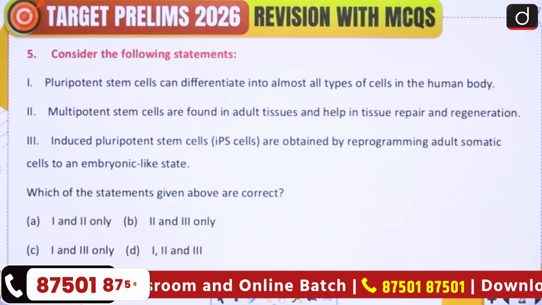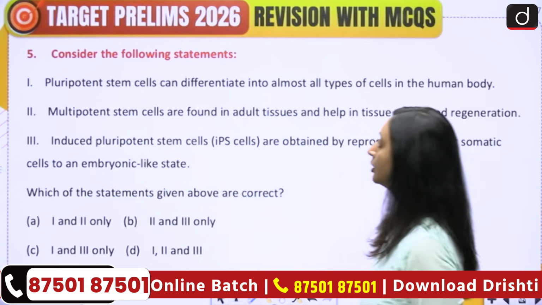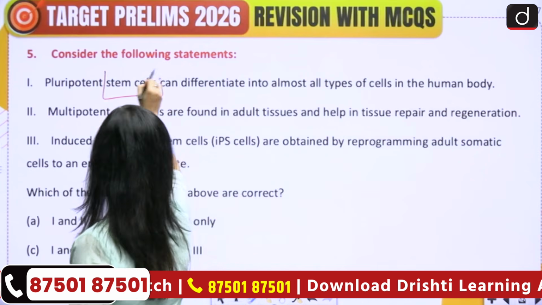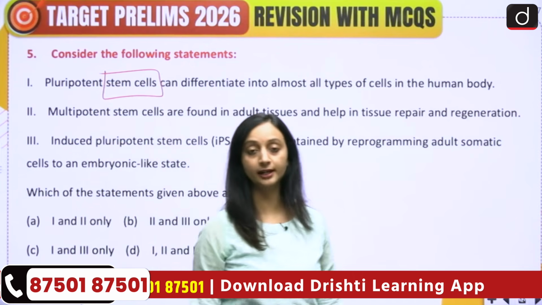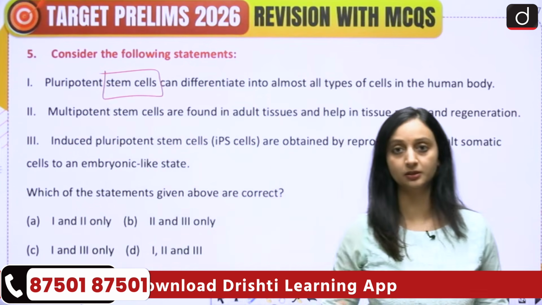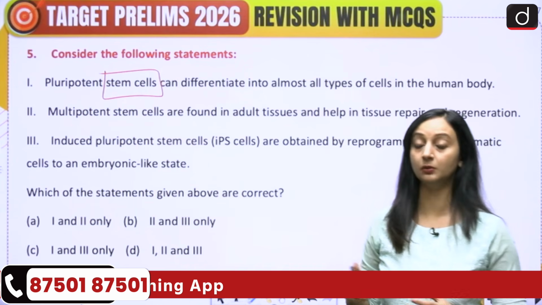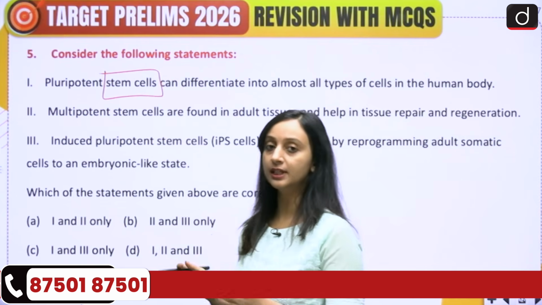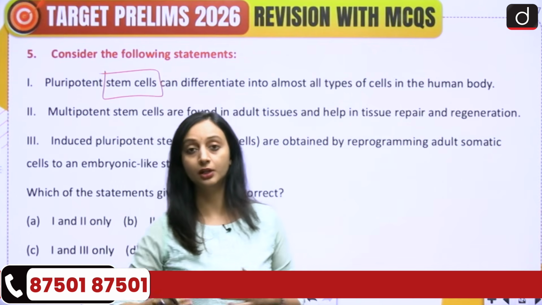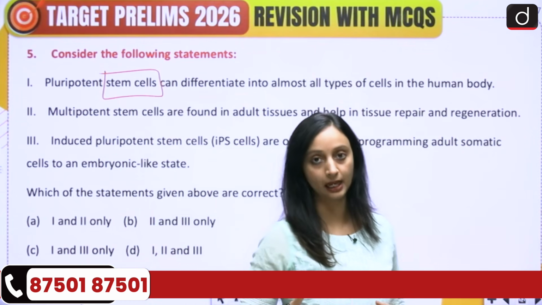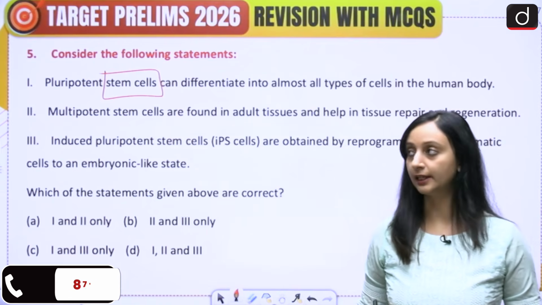Okay, so stem cells are those special cells that can basically become any type of cells when we require, when let's say we contract a disease, there is some deficiency, we require certain types of cells. So these stem cells can actually convert into any type of cell. So they are of 2 or 3 types.